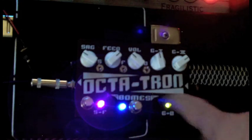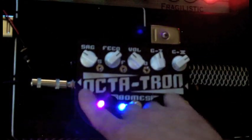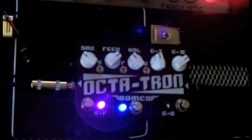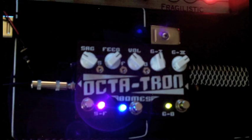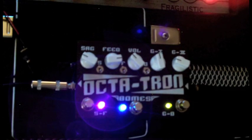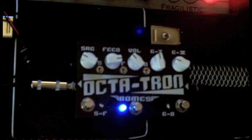Then you can click those off and use it as more of a basic overdrive, because just by clicking these two, I'm kind of back to the normal. Except I have the octave on right now. So I'm kind of back more to the normal. And you can just see how you can go more from a basic thing to...